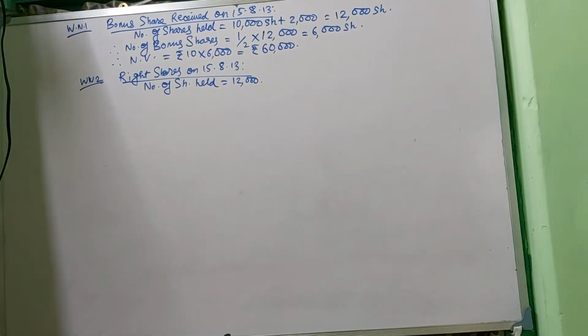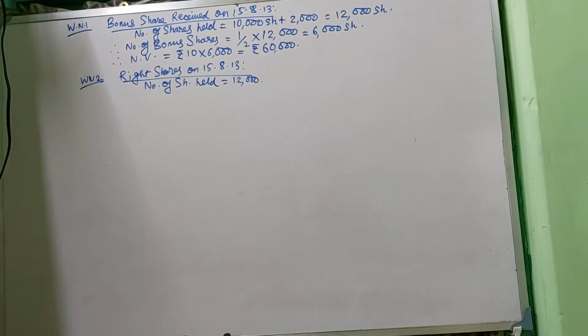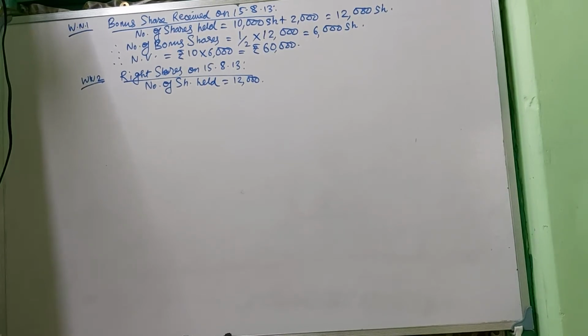You know that the bonus issue is made on the same day, and it has not been mentioned in the problem that the shares are cum shares, meaning cum right shares. So in that case, bonus shares should not be included within shares held to find out the right shares. I am repeating once again, as the bonus issue is made on the same day, as has been mentioned, on 15th 8th, so obviously the bonus issue has been made on the same day.